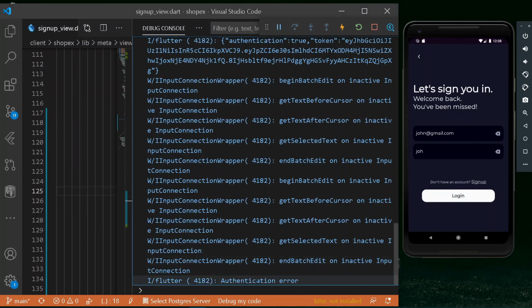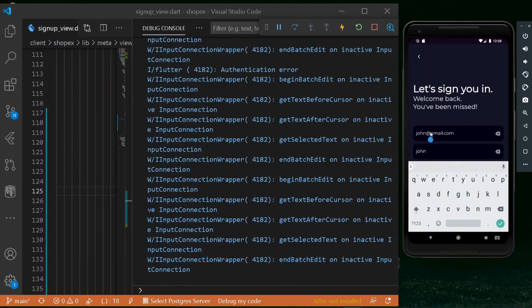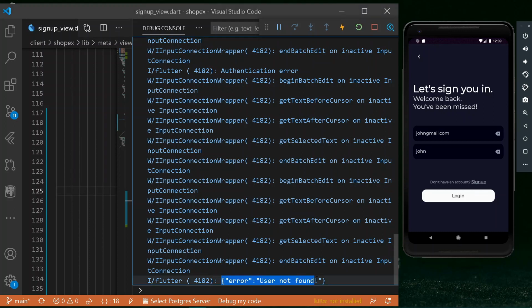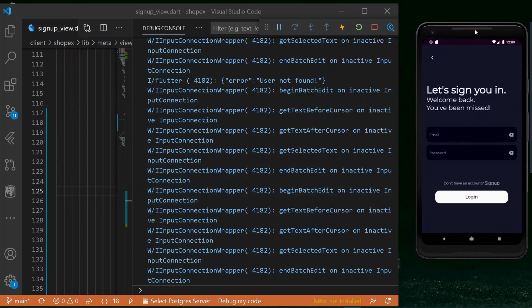Cool, so now you can see we will be getting the following authentication error because we are having a wrong password. And you know what, if I paste here a right password and just remove my entire email's at the rate, it will be an invalid email. So by far now if I press login, I will be getting the following thing: user not found. Congratulations. Cool, so in this way we have successfully implemented our login over our entire application.